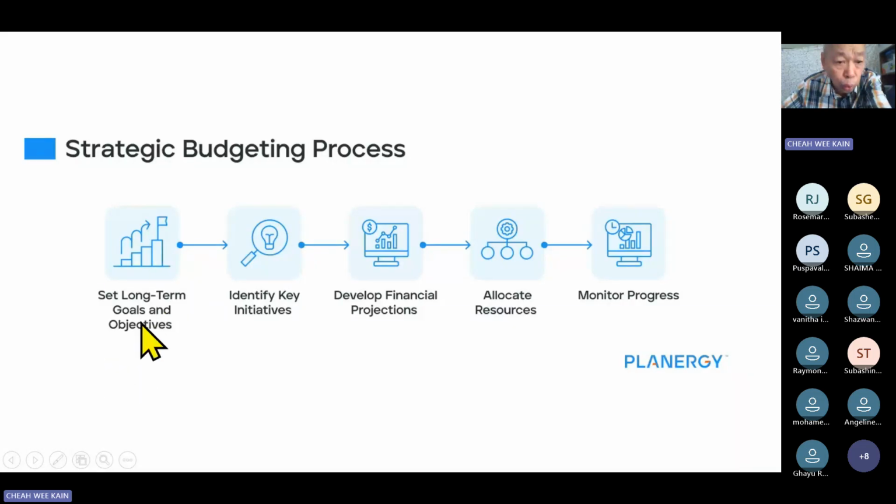Now, who decides these long-term goals and objectives? Even before you come to here, do your budgeting and then develop your projection, allocate your resources, then you monitor your progress. Okay, this allocate resources is the budgeting here. Even before that comes the long-term goals and objectives. How do you make the long-term goals and objectives? Well,